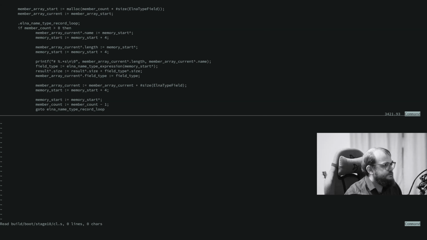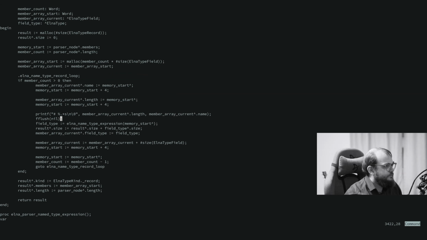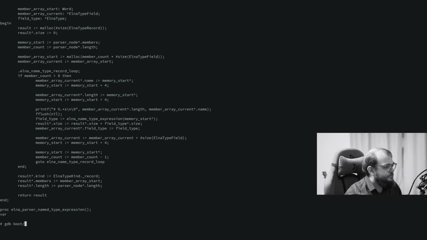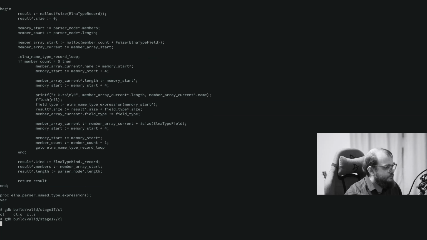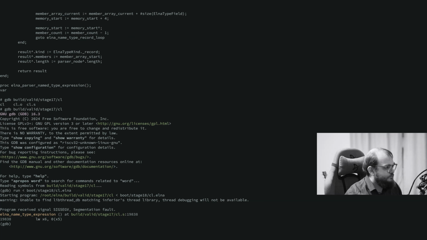And the file is empty. And it actually doesn't print anything,